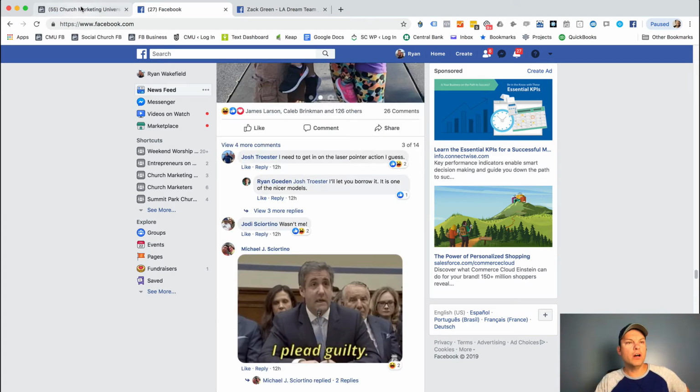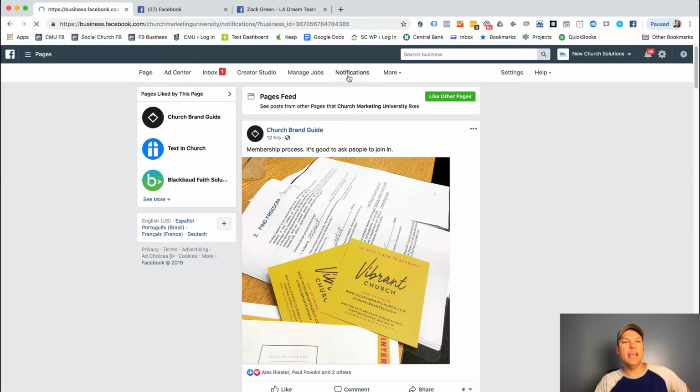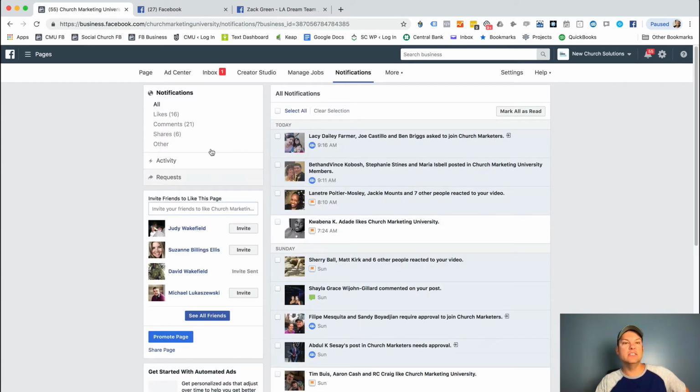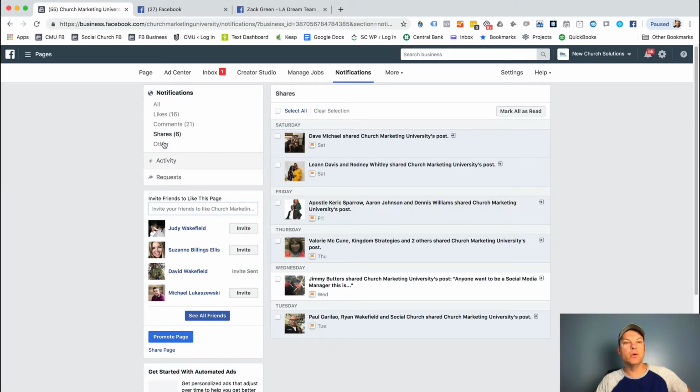And then over on your page too, on your notifications, when you see notifications, it's going to give you options to go look at kind of a feed of notifications. Then you can see your likes, comments, shares, other activity requests. And again, if you're wanting to kind of flip the script, like John-Erik would say, and kind of look at social the other way, how can the church and your brand and your page be more engaged and giving than just actually asking all the time? Then this is a great way to look through all the people that are interacting with you somewhere.